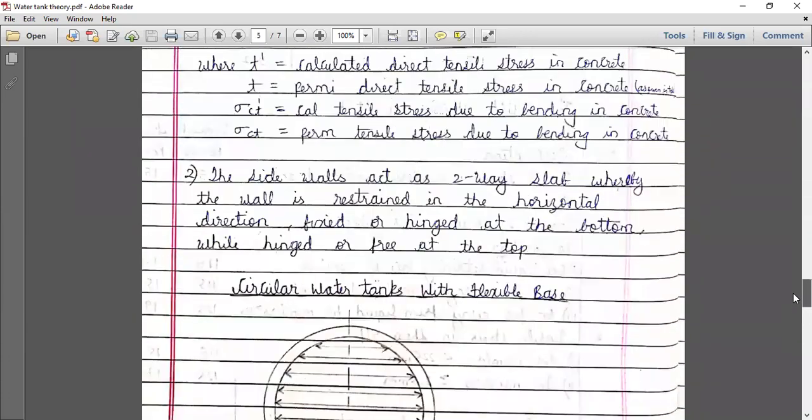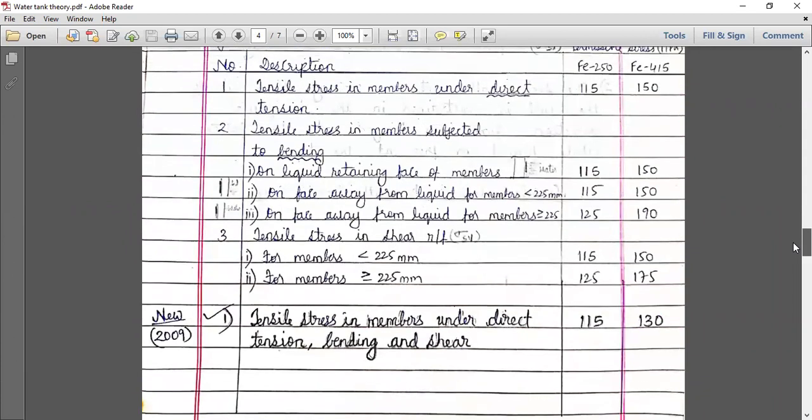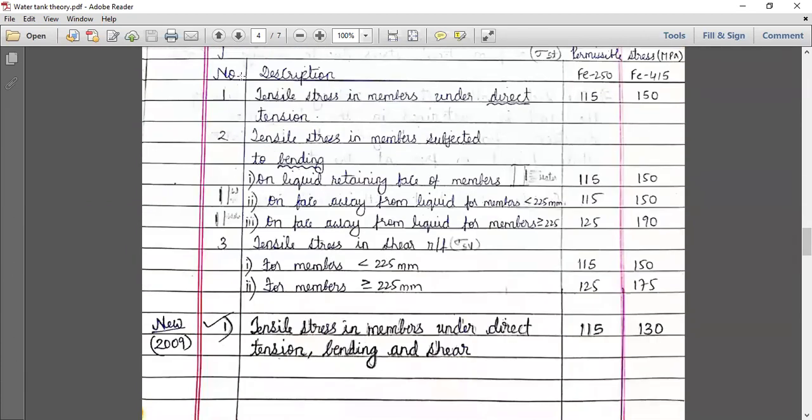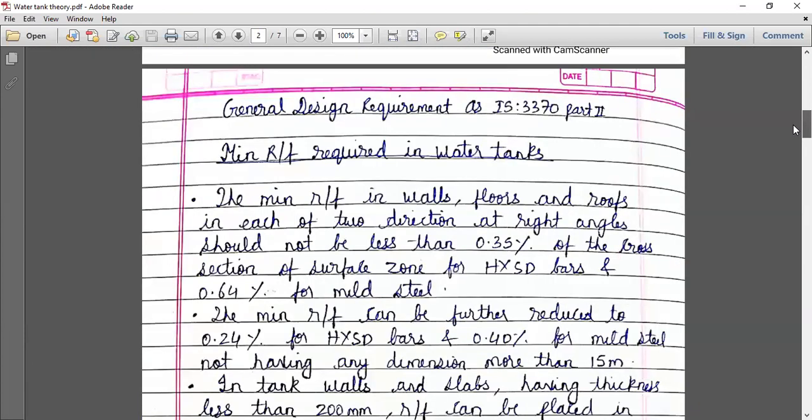The basic concept you should understand, so that based on this you can answer the questions which are based on theory also. Okay, so just neglect this part. This is the new one, so do not consider this part. If anyone has any doubt regarding this lecture, they can ask me. Last 2 minutes are remaining.